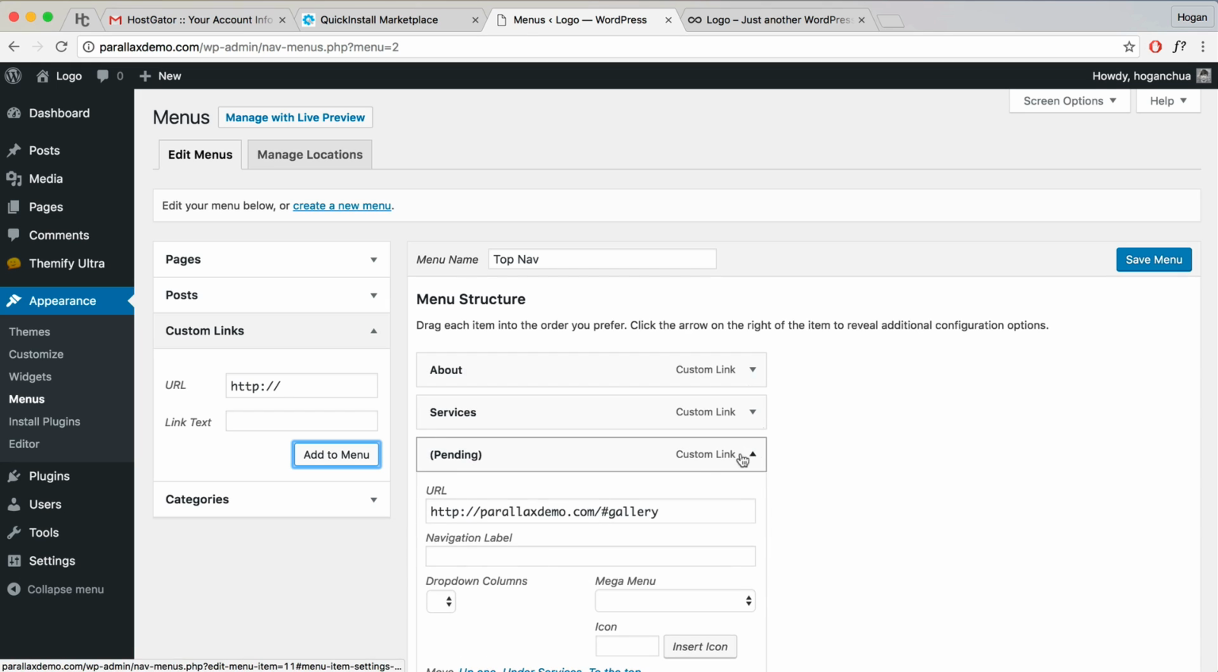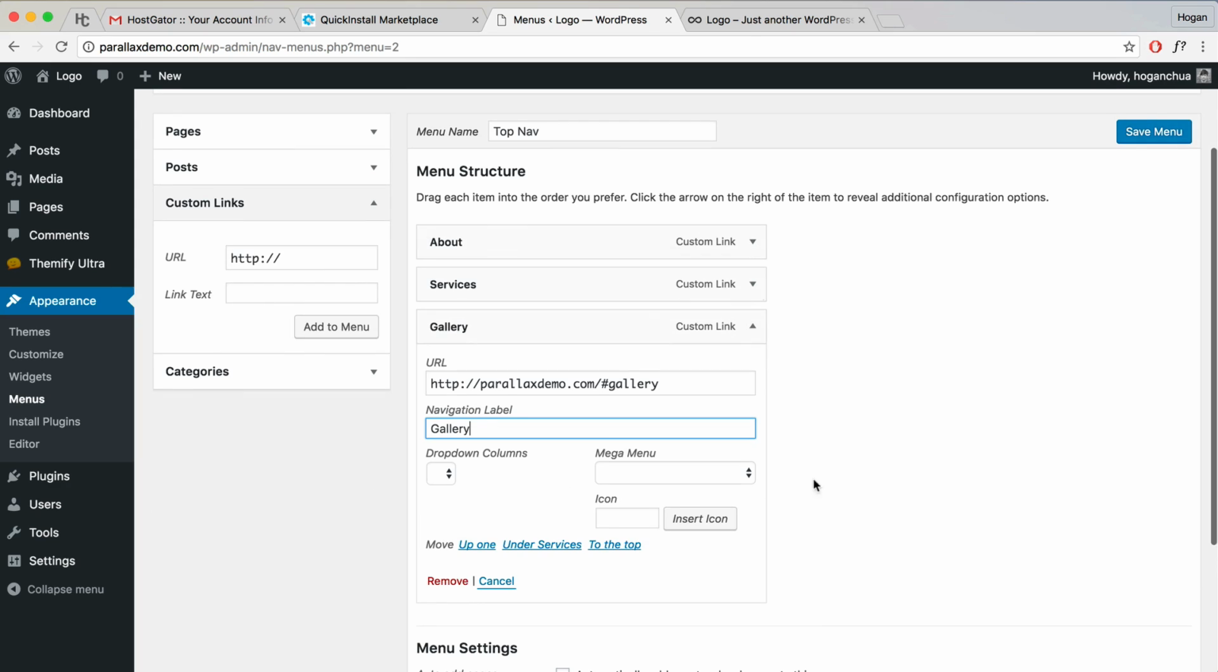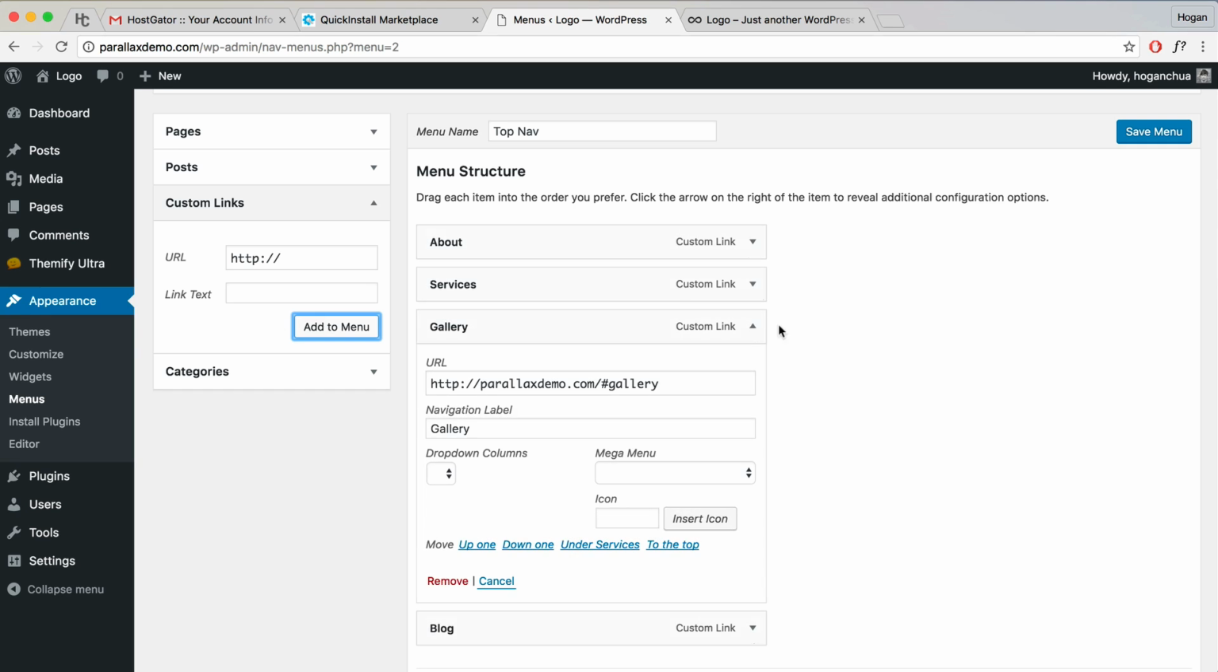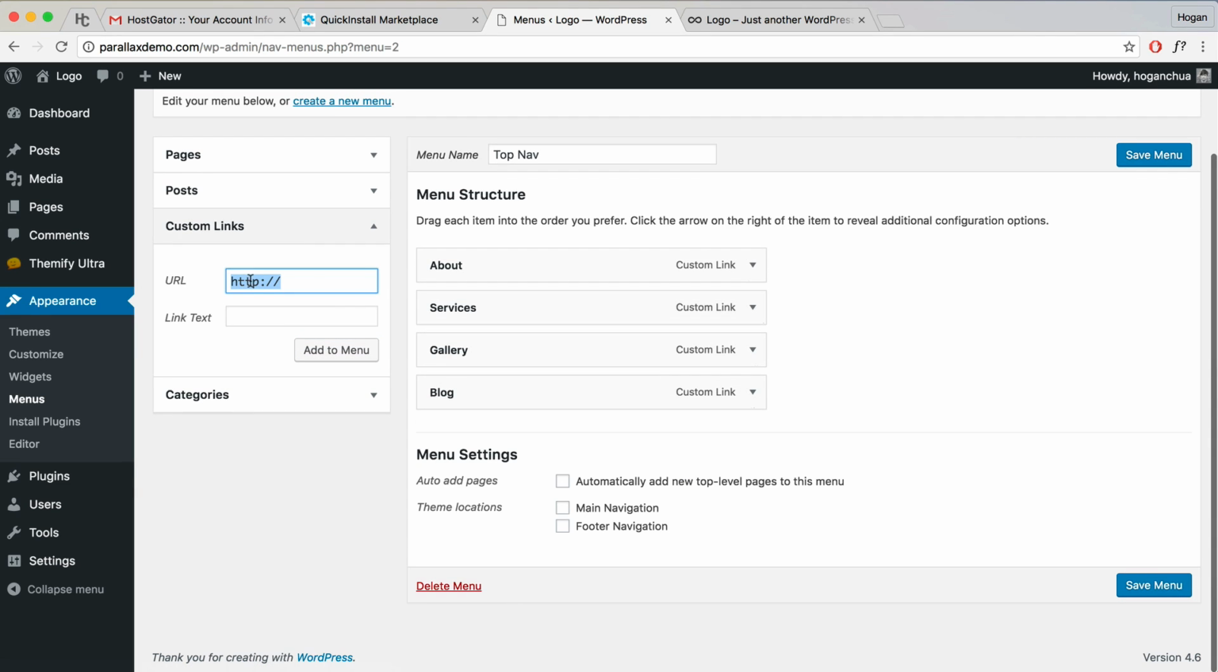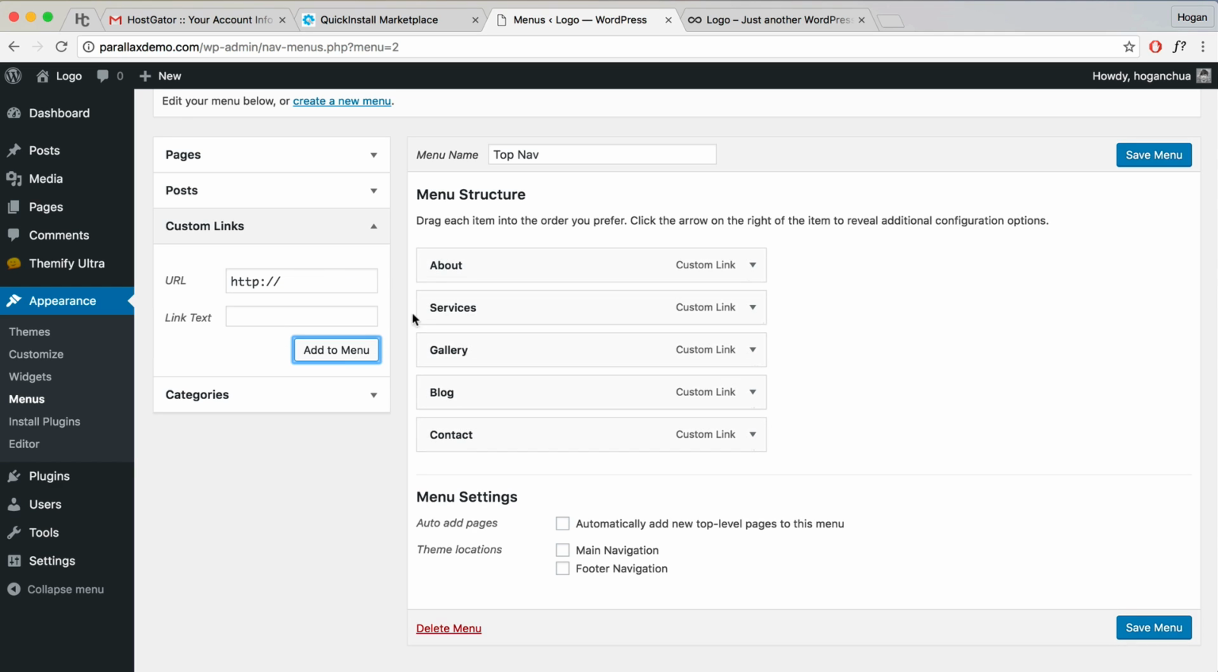Oops, forgot to add in the title. Next one will be blog. Add to menu. Okay, close that. And next one will be contact. And then link text will be contact. Add to menu. Okay, so once you've done that, then if you want to, when you create new pages, you want it to automatically add into your navigation menu up here,